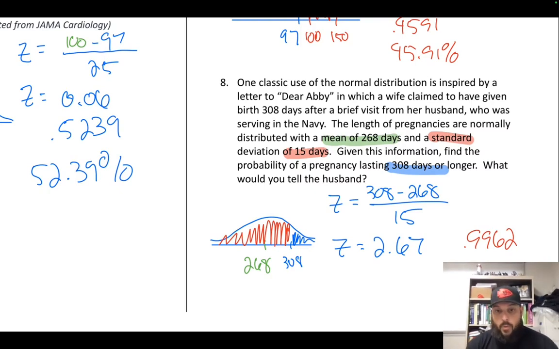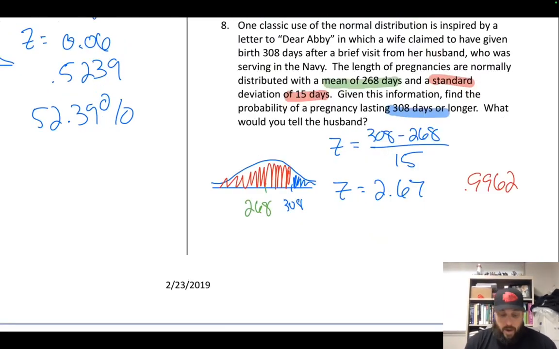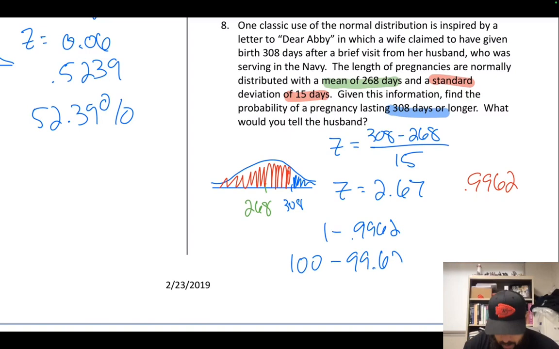So remember, when we want the right side, we're going to go 100 minus the percent or decimal we get from our table. So remember, to find the right side, we're either going to go 1 minus 0.9962, or if you already converted it to a percentage, you can go 100 minus 99.62, giving you a percentage of